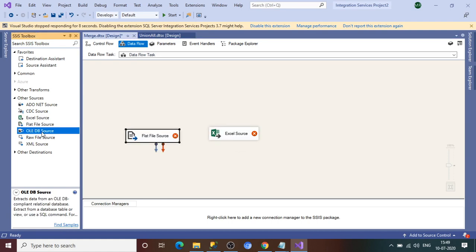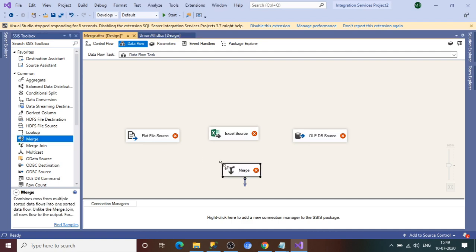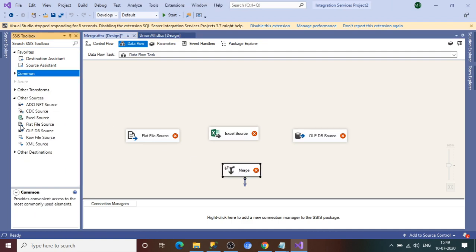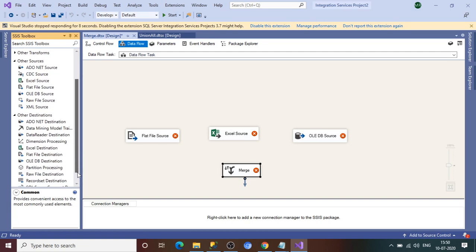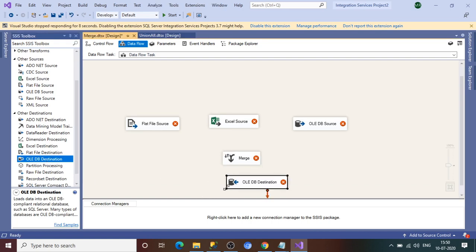I'll tell you if I drag the third data source as well. Then in the common category I'll use the merge. Then I go to the destination category, and in the SQL table where I want to insert the data, I use the OLEDB destination.